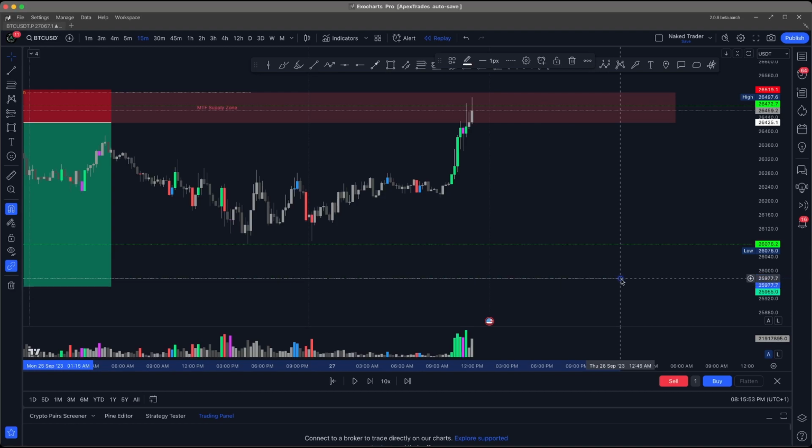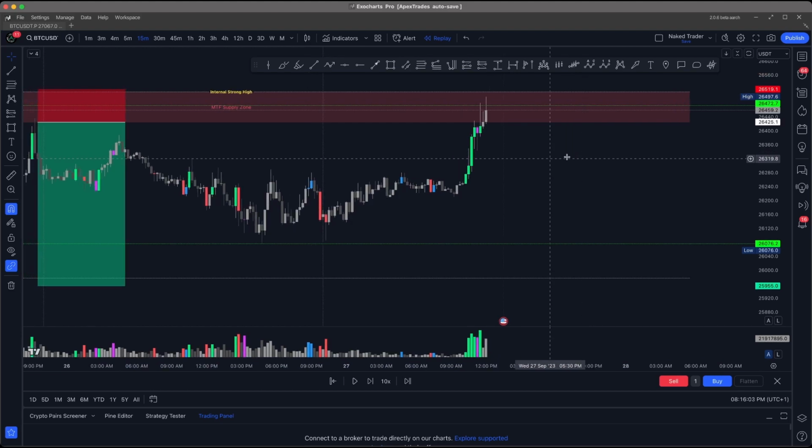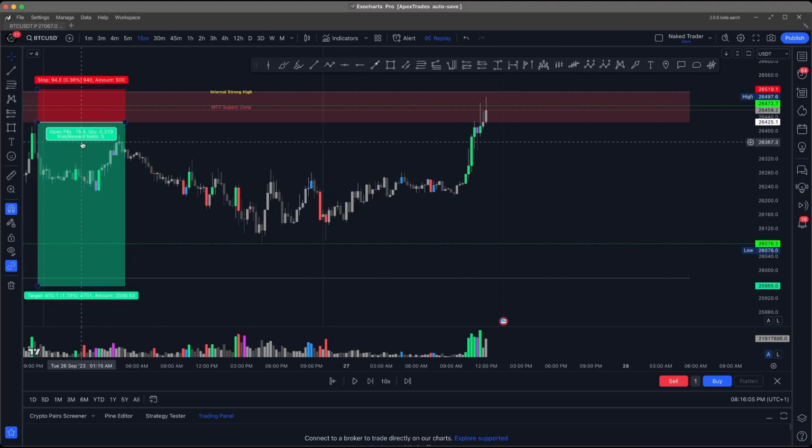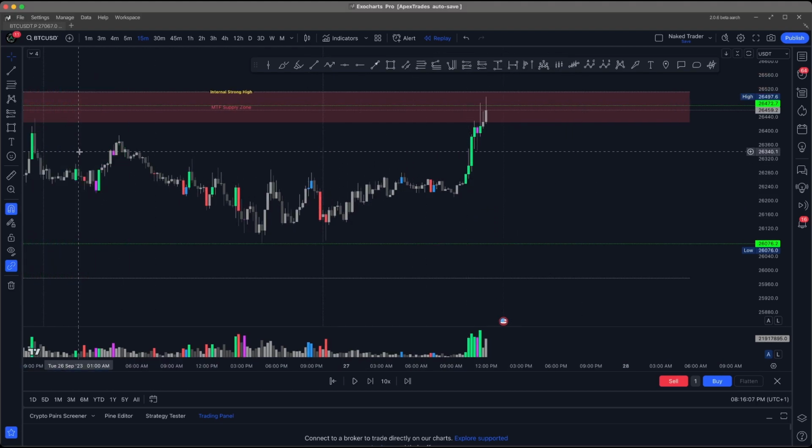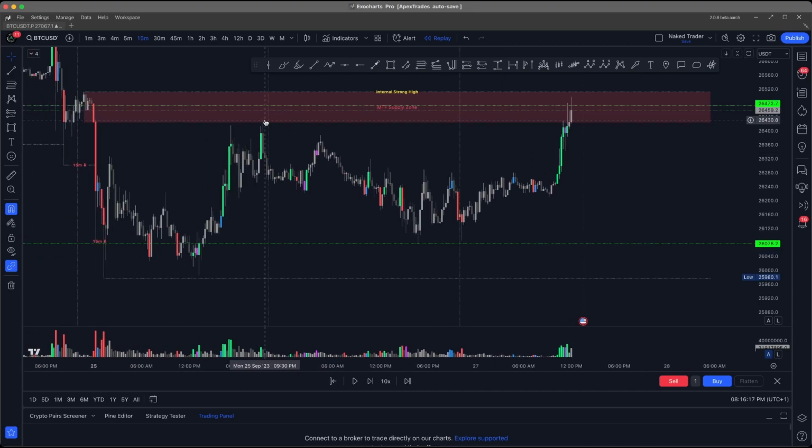So if you're thinking logically, right, we've come into this zone now. We don't know what's going to happen. Is it going to come back out and come back down, or is it going to blast through? And so let's just think about it. Let's take this off. Our job as traders, when we come into this supply zone, is to analyze what's going on with the market, right? Is this a trade that we want to take? Okay, so that might have been a trade that we'd have took, and okay, it came down, gives what, 3.7 risk to reward.